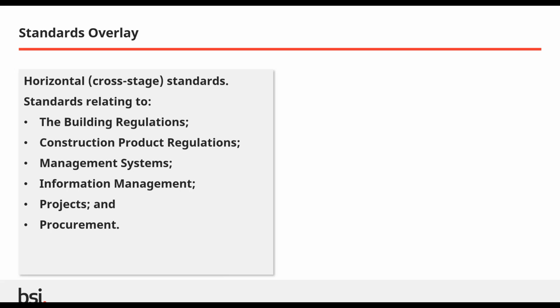The family of standards around management systems, the old 9000, 14, 27, and those other multi-thousand standards, the BIM standards I've mentioned, as well as a raft of standards around projects and procurement that focus more horizontally on how these things are done properly, as opposed to specifically in construction and the built environment.